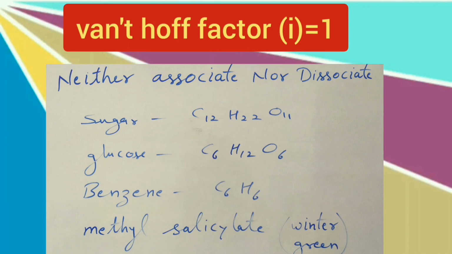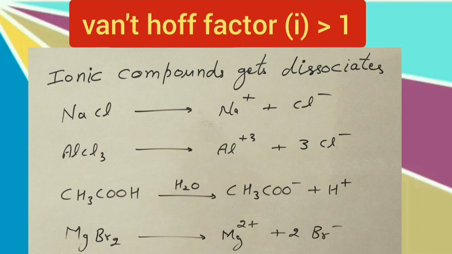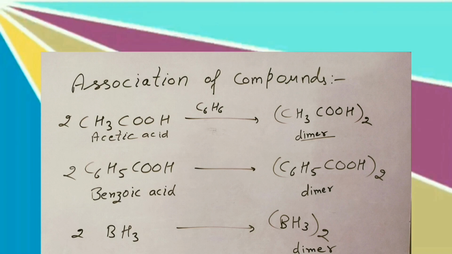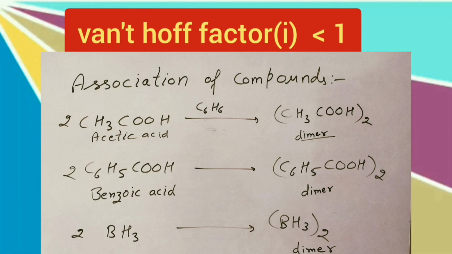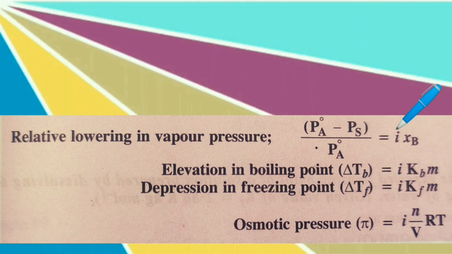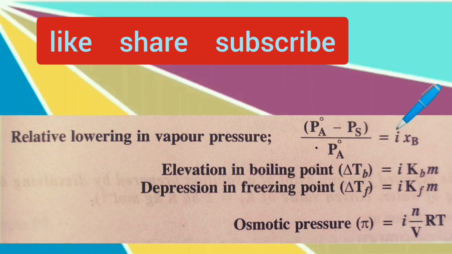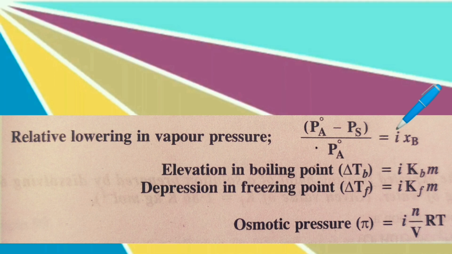The compounds which show normal behavior in the solution, for these compounds we take Van 't Hoff factor i equal to 1. For the compounds which undergo dissociation, we take Van 't Hoff factor greater than 1. For the compounds which undergo association in the solution, the Van 't Hoff factor is always less than 1. Van 't Hoff factor is multiplied on the right hand side of all the four colligative properties to correct the error in